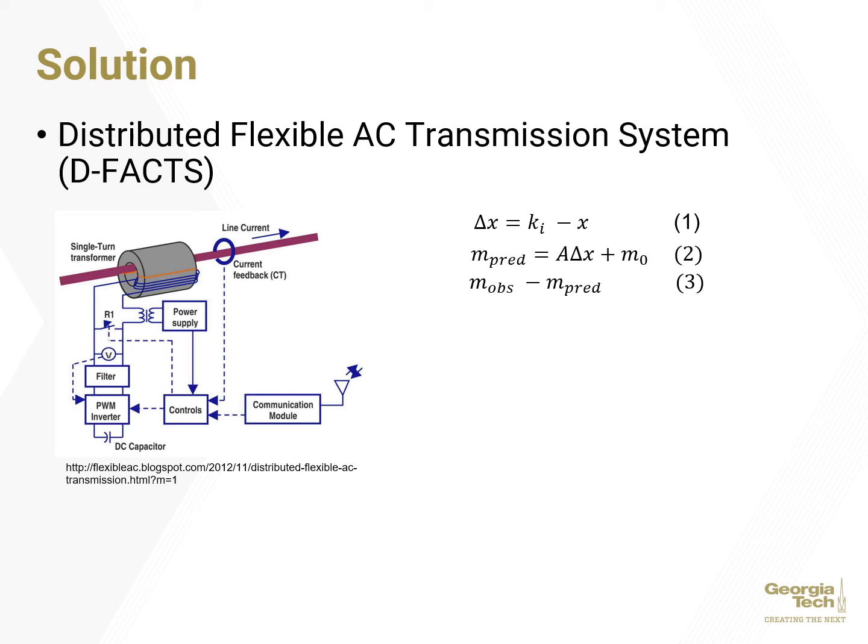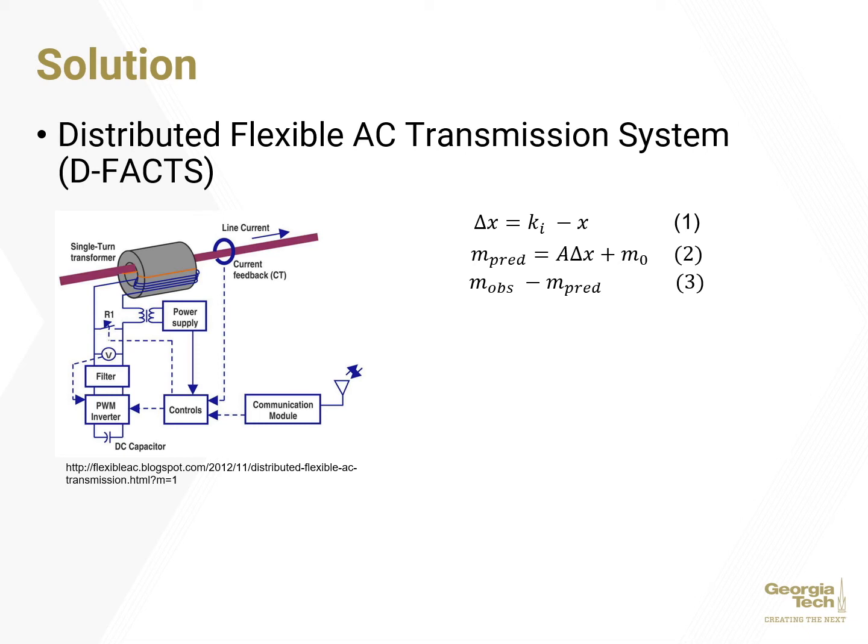By changing the DFACs settings, we can measure the changes in reactive line impedance, also known as the resistance in an AC circuit. The operator is able to calculate the changes in line flow that will be affected by the change in line impedance with the equations presented on this slide, where X provides the predicted set of measurement values, K is a vector of impedance settings for DFACs-equipped lines, and delta X is the perturbation applied to the system.